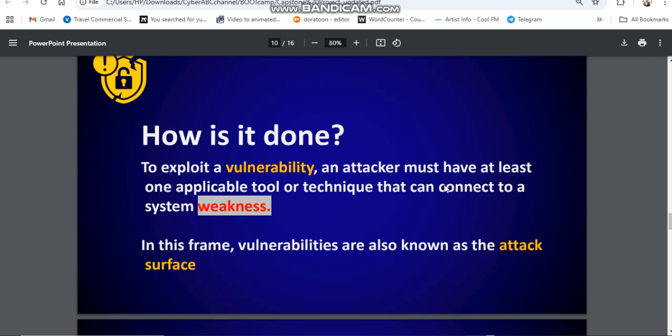I can't get it. So in this frame, vulnerabilities are also known as attack surface. I told somebody recently that, normally, when you're securing a device, you will do your best, but I don't believe that any system is 100% secure. You can only do as much as possible to reduce your attack surface. Whichever you do has an impact on how easy or how hard it is for attackers to run over you.